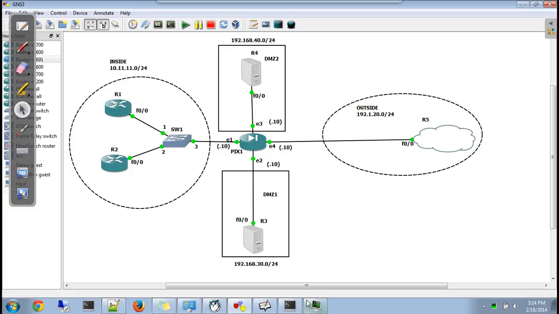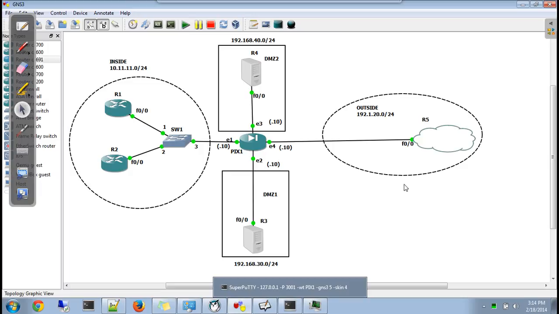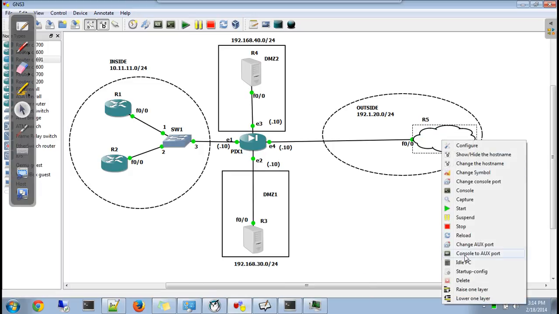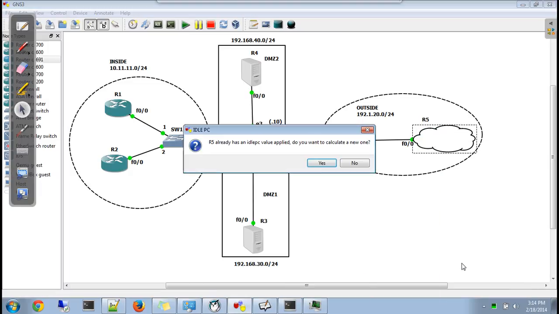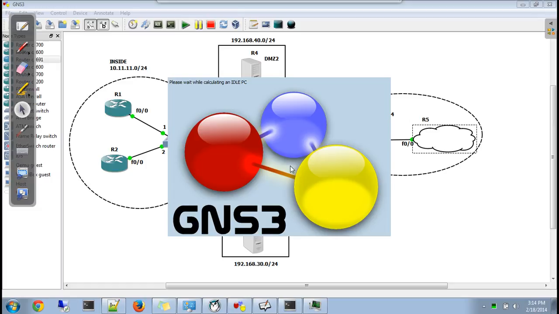Right click on the router, go to idle PC, click on this, and it will calculate the value. From the values, pick the value with the asterisk in front of it. Suppose I tell it to calculate, I don't know whether it will calculate because I have already applied the idle PC value.